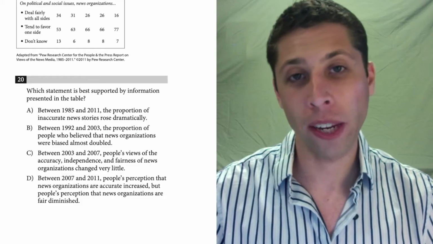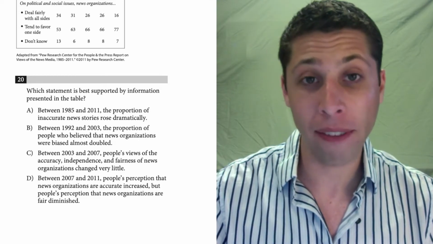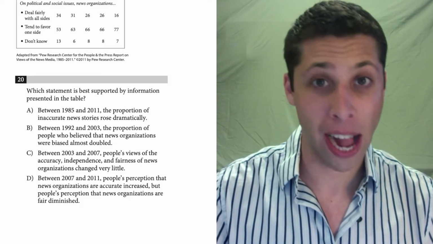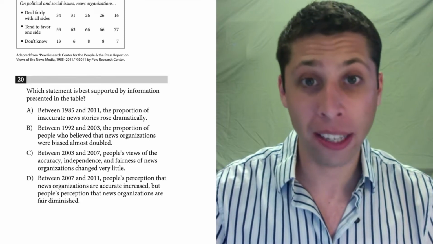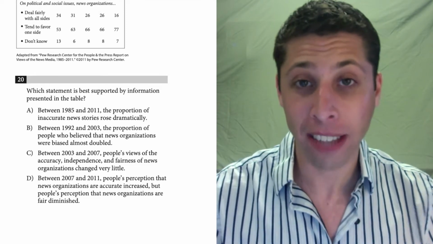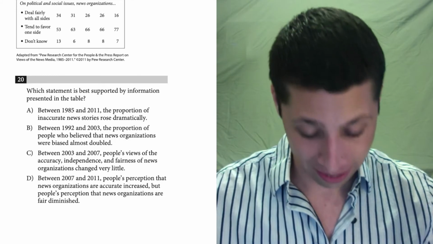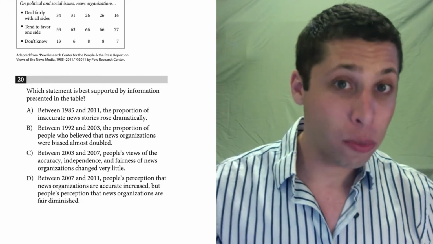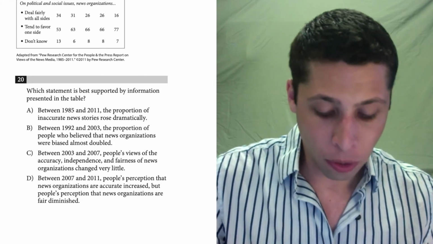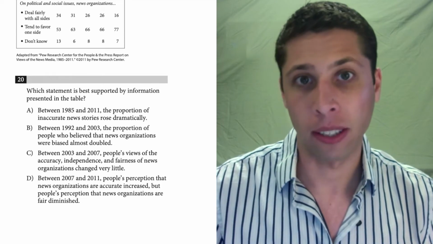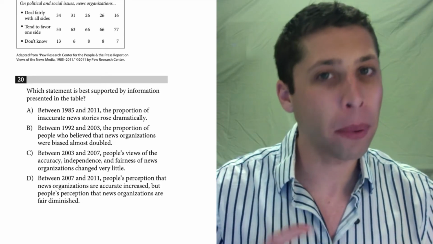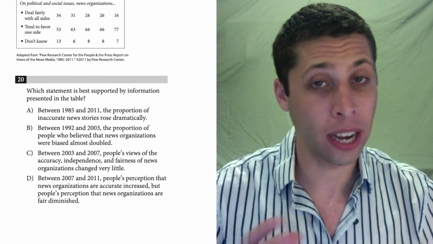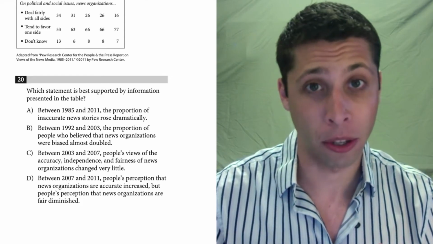All right, for number 20, once again, we are just looking at the graph. They do not tell us to go to the passage. They're asking about the graph. You should not be answering this based on anything except the chart. That is it. So the way that this one works is we're looking for choices that are inaccurate, basically. So they're going to try to manipulate you in lots of different ways. This is a good one to kind of remind you of the different traps that they're trying to set.